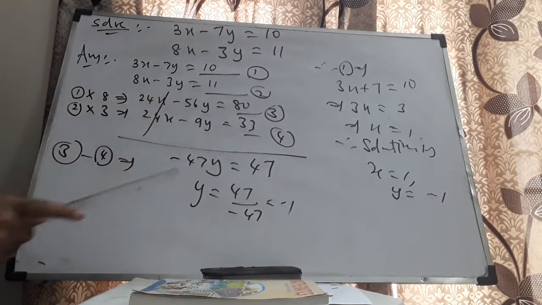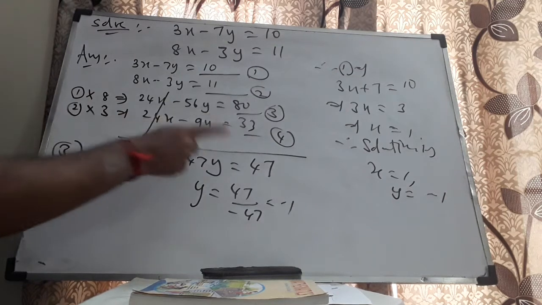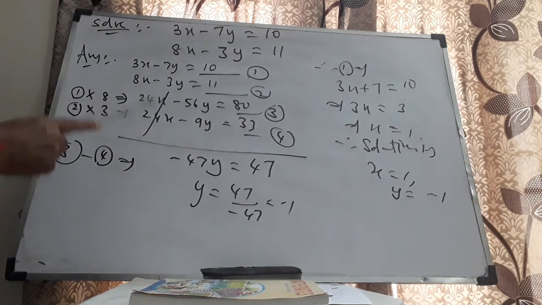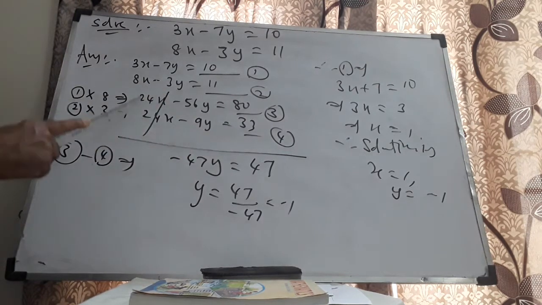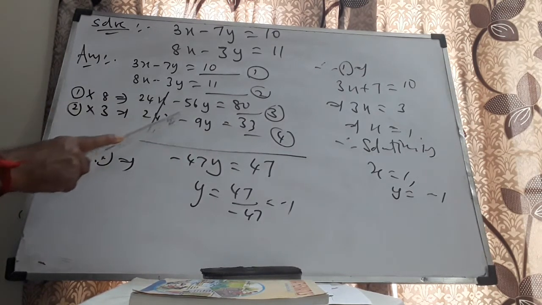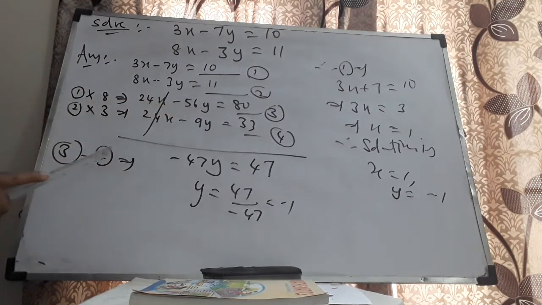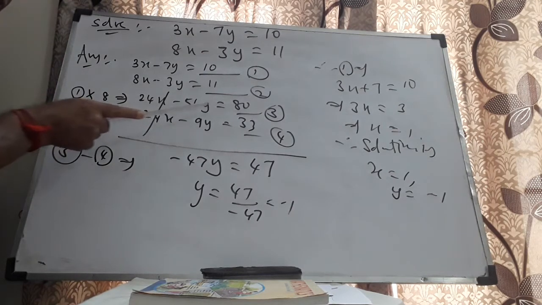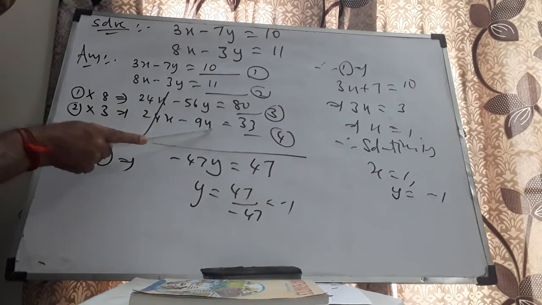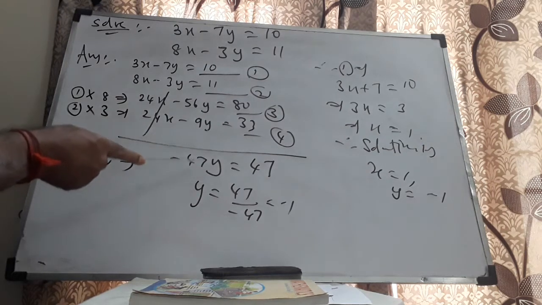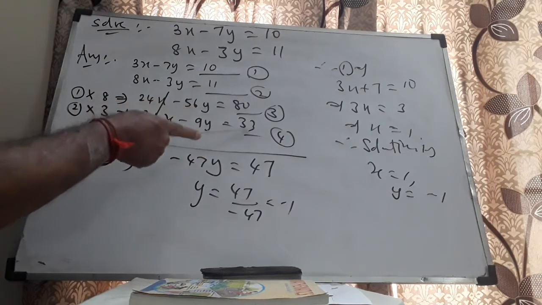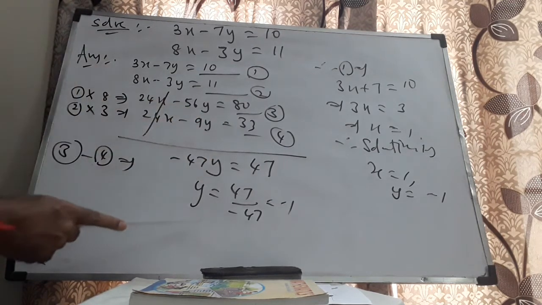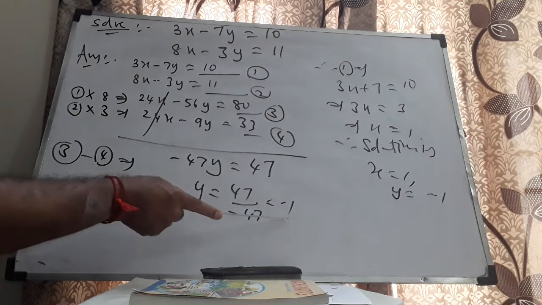Okay, it is equal to 80, not plus. Sorry, 8 into 10 is 80. Equation 3: equation 2 into 3 gives 24x minus 9y plus 33. Equation 4: here I am able to bring the same coefficient for x in both the equations. Subtract 3 from 4: 24x minus 24x goes off, minus 56y, minus of minus 9y becomes plus 9y, which will be minus 47y. 47 plus 9 becomes 56, is equal to 80 minus 33 is 47. Therefore y becomes 47 by minus 47, which is minus 1.